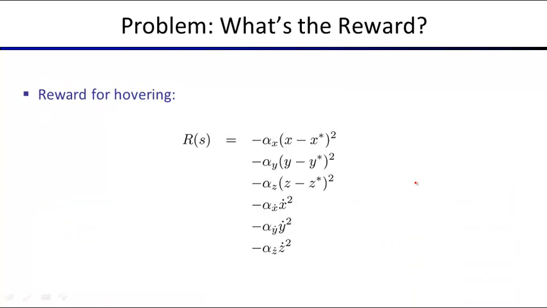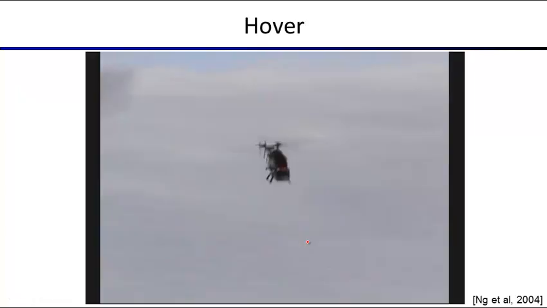So let's say you were to hover, you could say, well, deviation from the target position, X star, Y star, Z star, needs to be penalized. And then maybe velocities different from 0 need to be penalized. That's what it means to hover. Do this, run this whole mechanism, and after doing this,